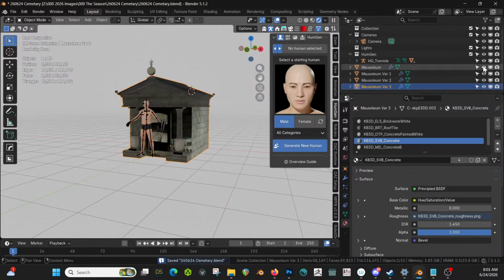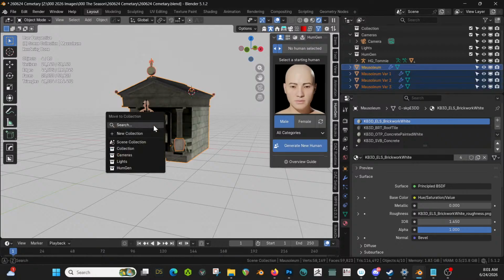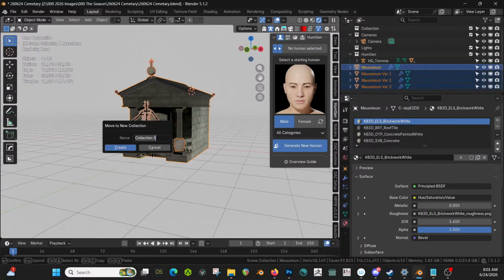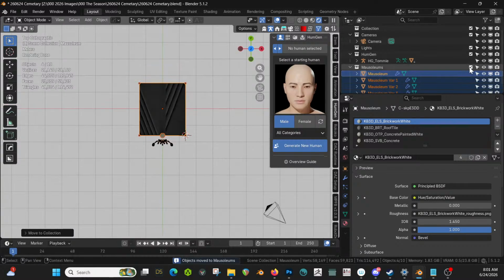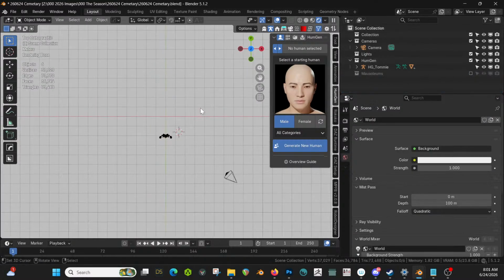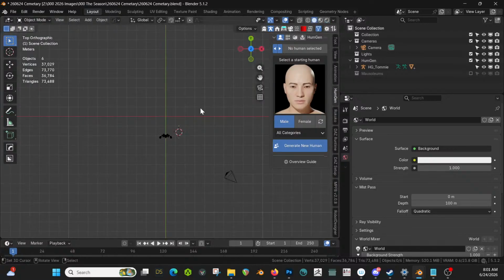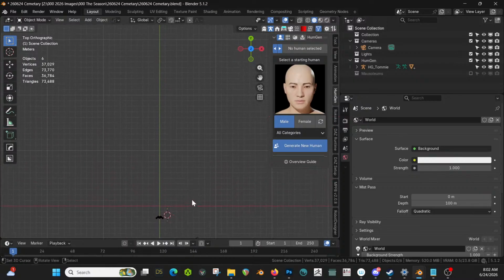Okay. Let's take them all and move them. New collection. Mausoleums. Okay. And turn it off right now. Okay. Let's see. What I want to do is make rows of these things that are even, that are random for which one is which. And I want a row of, I'm going to say 10. So what I want to do is, let's just